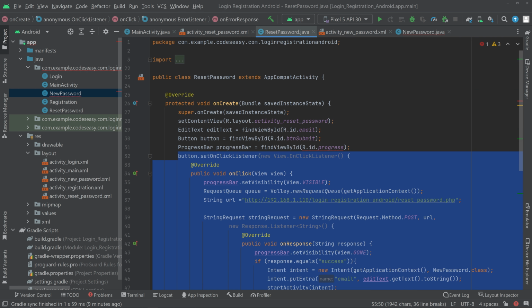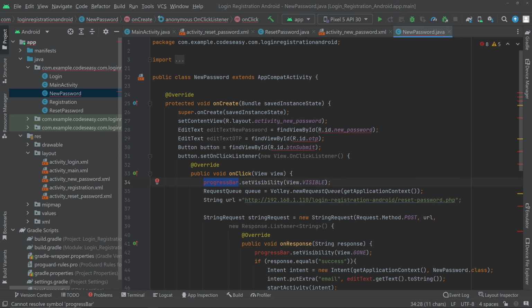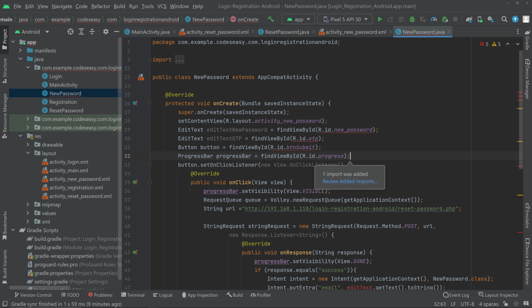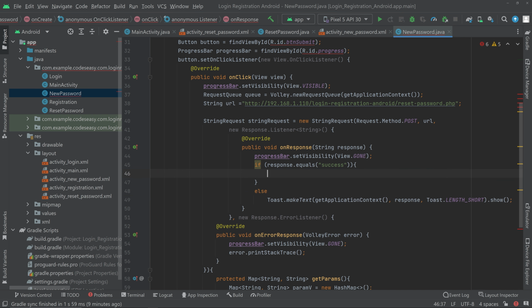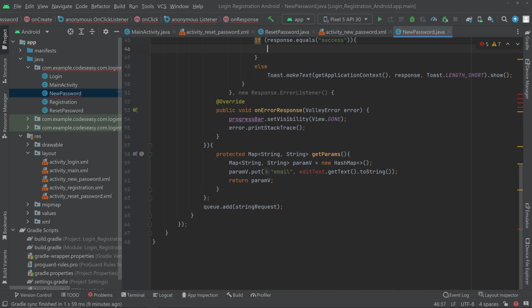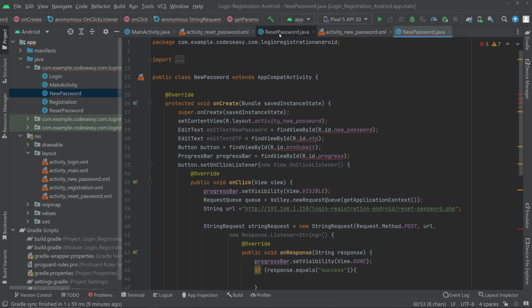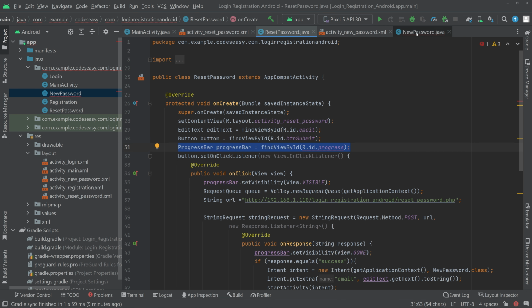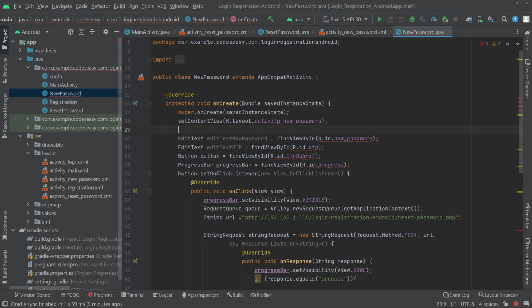So go to the reset password Java and copy this line, and you can paste it inside new password. Okay, so that's also solved. You can see this one, so we'll be removing this. And here also we have to pass the email. So for that we are passing the email from the reset password activity, and we have to get the email from here. Okay, so let's create a string,